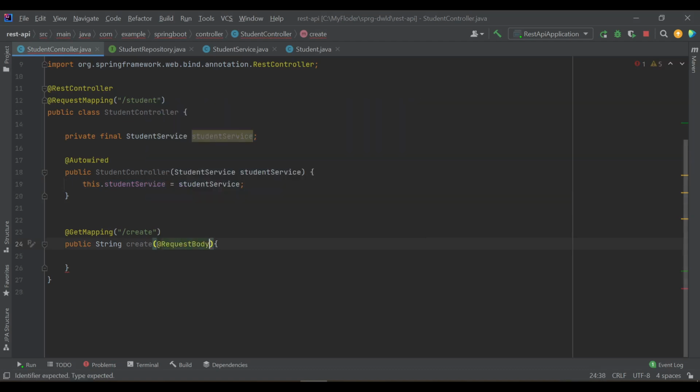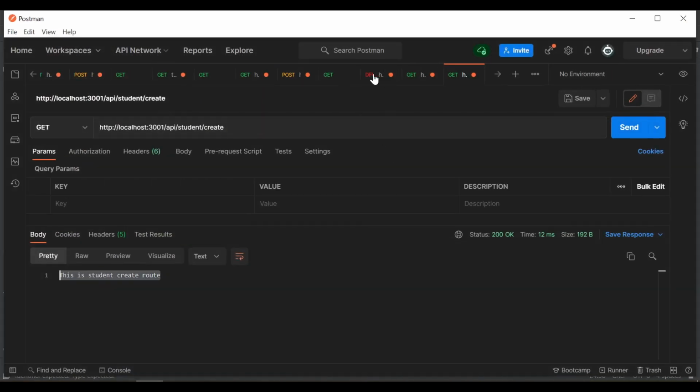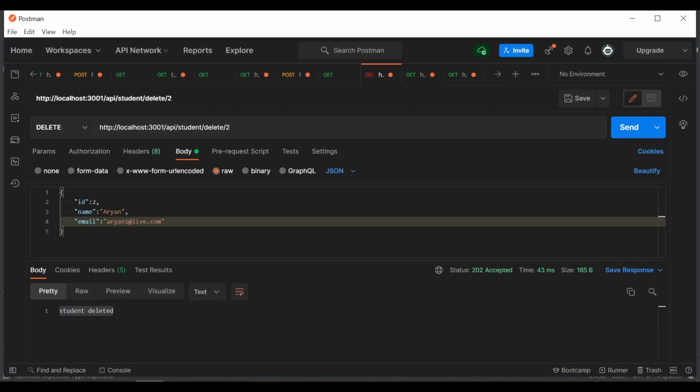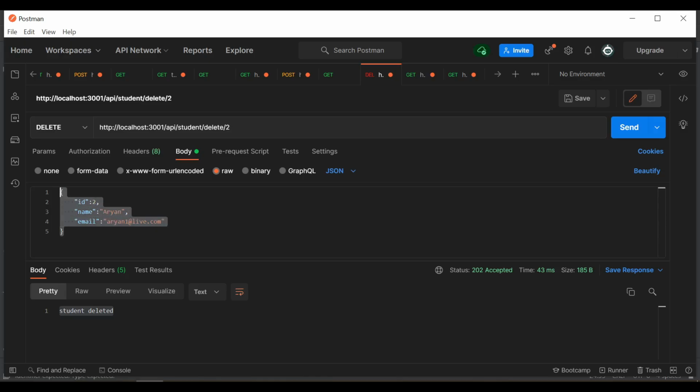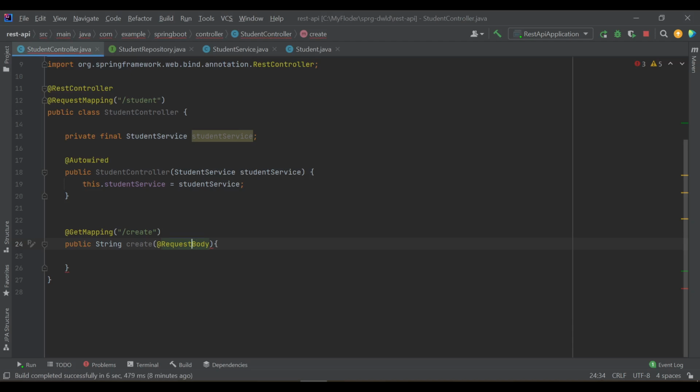request body. So the request body parameter, what it does: whatever objects you are sending from Postman, let's say from here, you are sending this detail, right? This detail should be read by your application. Basically you are sending the body parameters, and this body parameter should be read by your Spring Boot application.